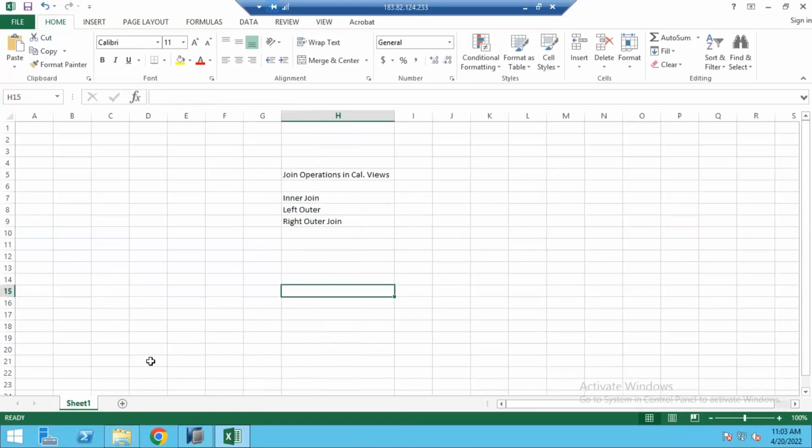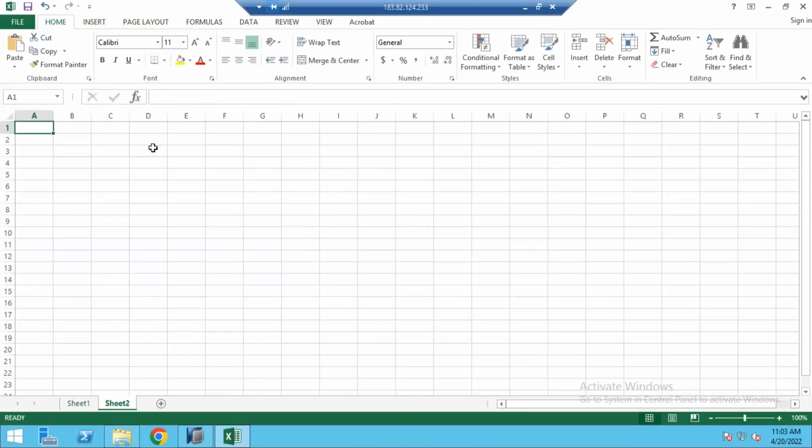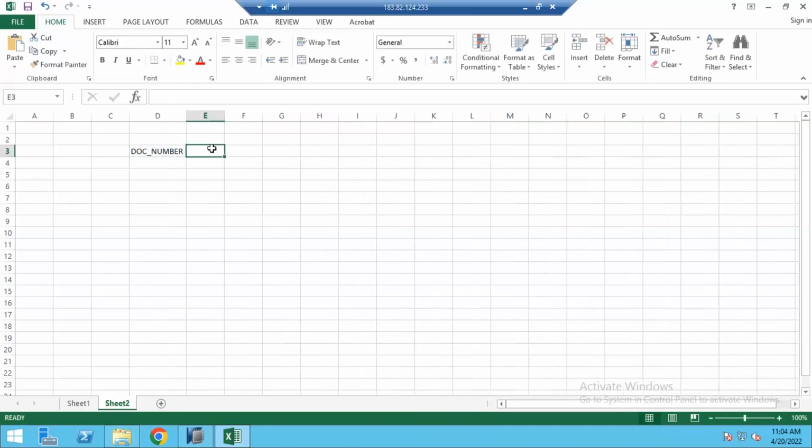Let's take one small example for inner join and try to understand it. For example, let's say we have some transactional data. I already explained this topic while learning SQL statements, so it's just a revision. In SQL statements we need to know how to work with joins, and in calculation views we must also know how these joins work. Document number, and then material, created on,